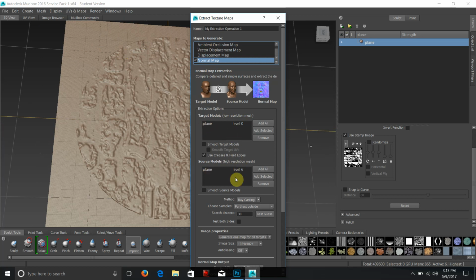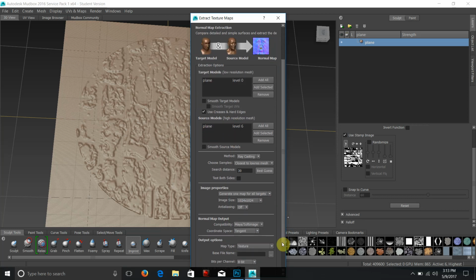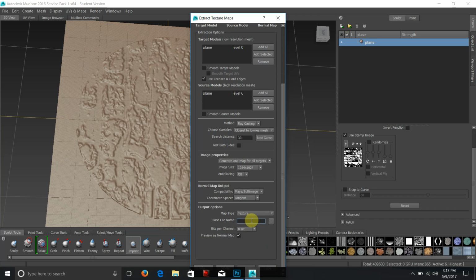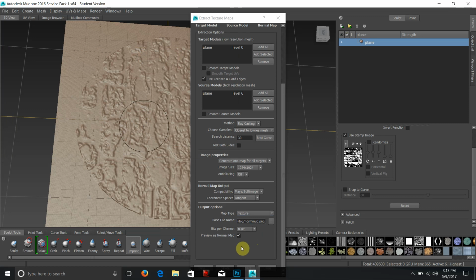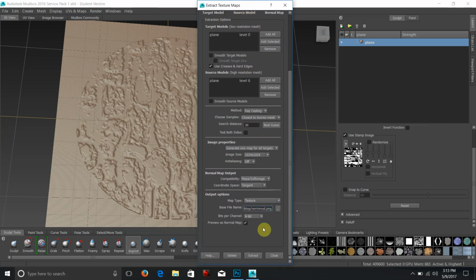And what it will do is extract the highest subdivision, which I did 7 levels of subdivision, to the lowest subdivision. And more importantly, if I just simply go and name it, I'll call it norm MUD for Mudbox. And let's make sure we throw that on our desktop so we can find it easy. Hit save. Actually, we'll call it norm mud in here. There we go. And if I go ahead and hit the extract button, and it does all the work for me,